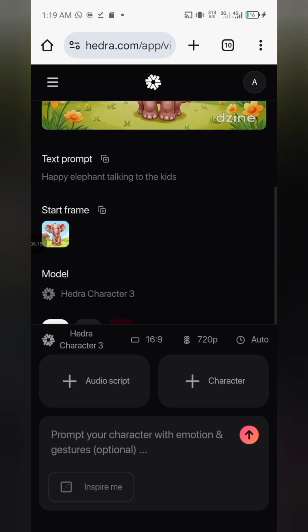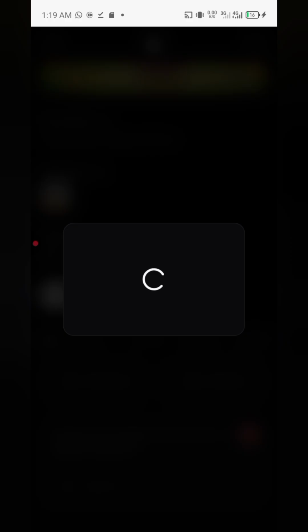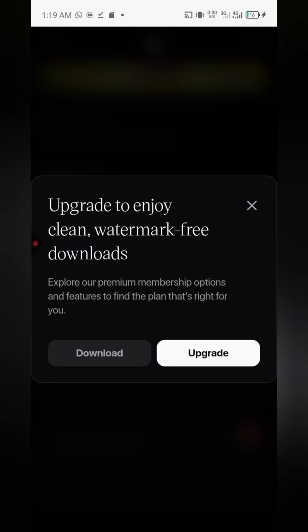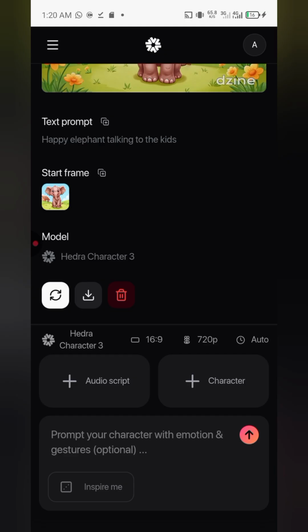Yay! And it has been generated. Let's hear it. I'm going to tap on that. So okay, let's download it first. Upgrade to enjoy clean watermark-free downloads. Most of them have watermark if you are going for the free one,